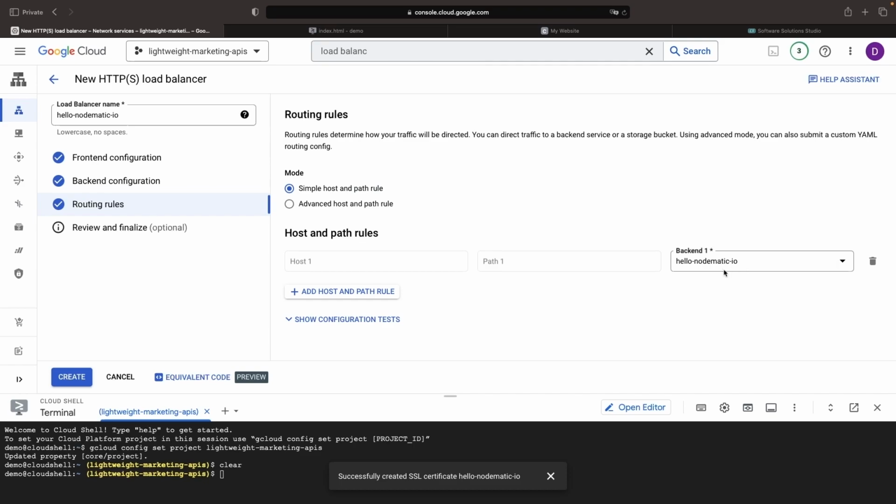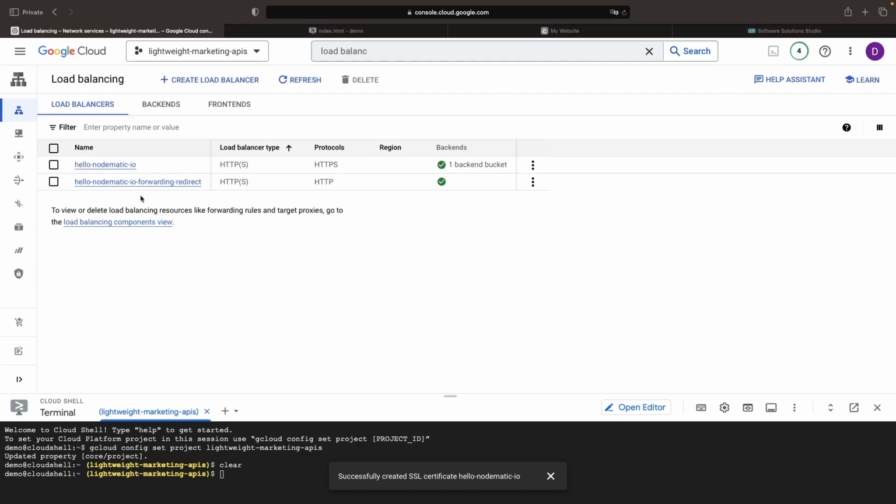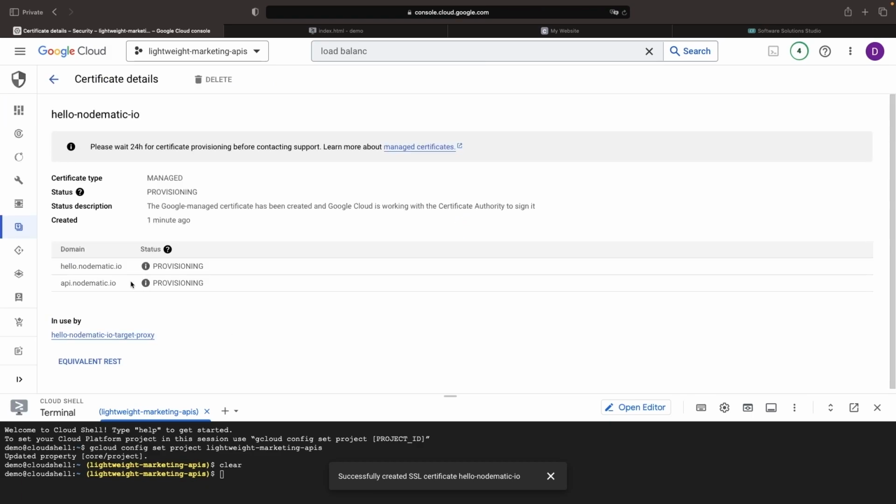So for now, we'll just route everything to that host with the simple host and path rule, and let's create the load balancer. And once that load balancer has provisioned, let's click in and grab that IP address. Now, for this certificate to provision, we need to add A records for all the domains that are included in the certificate. In our case, that is